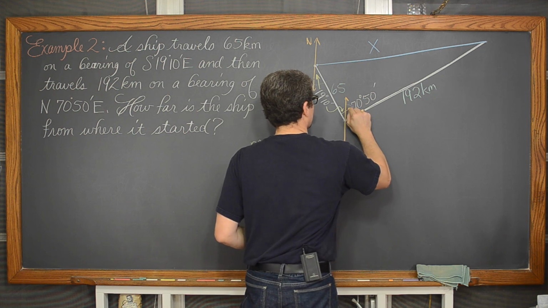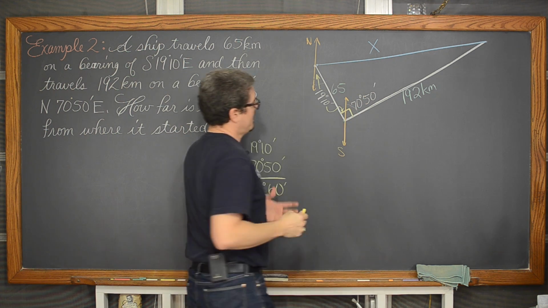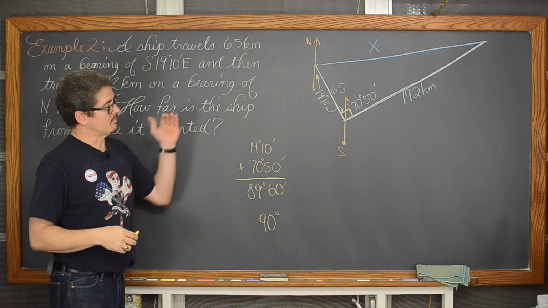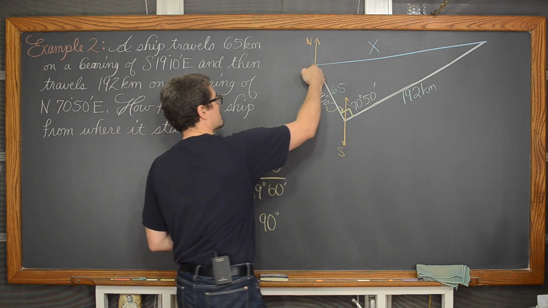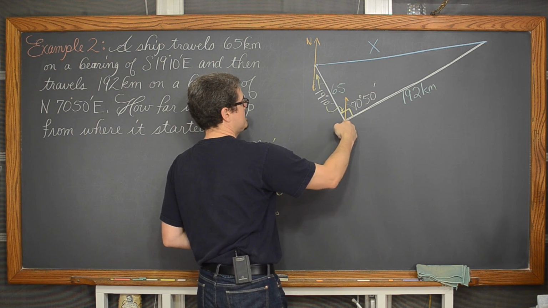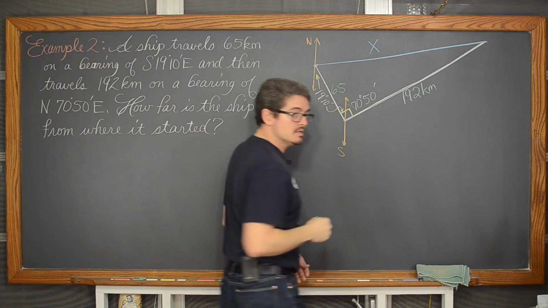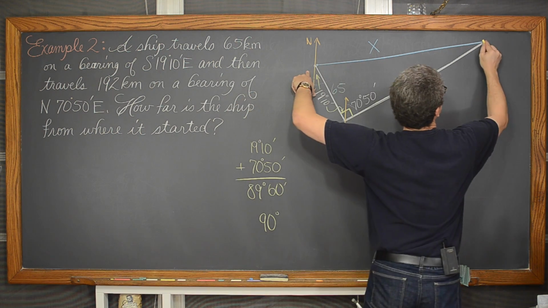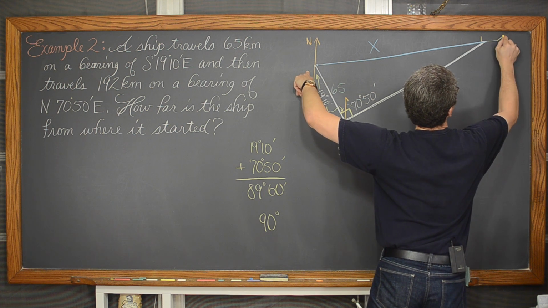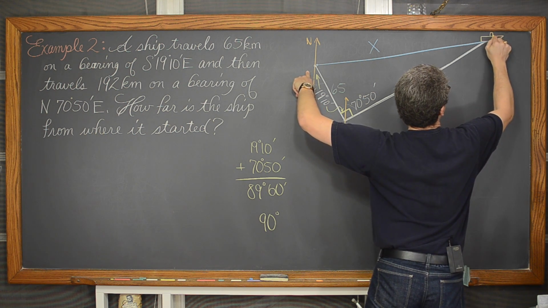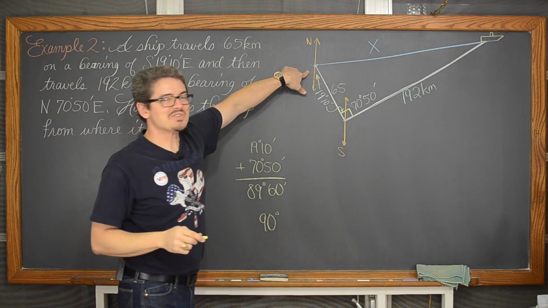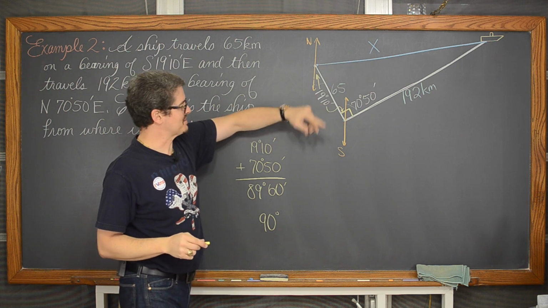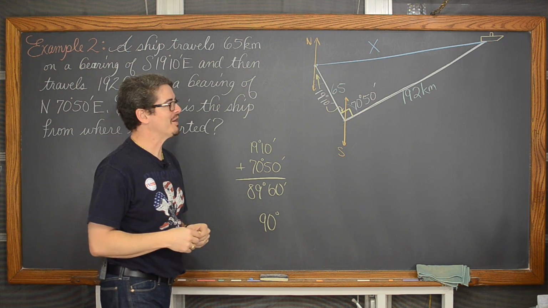And so let's put a little perpendicular mark in there. And I'm looking for the side, that blue line. The ship started here, it came down southeast and then headed northeast, a much longer distance. And how far is the ship? Oh, let's see here. There we go. Oh, beautiful ship. That ship is, I guess it should be in the same direction as the white line, but how far is it from where we started?